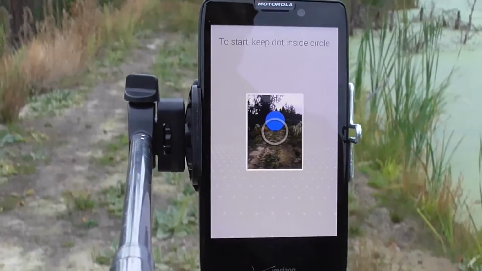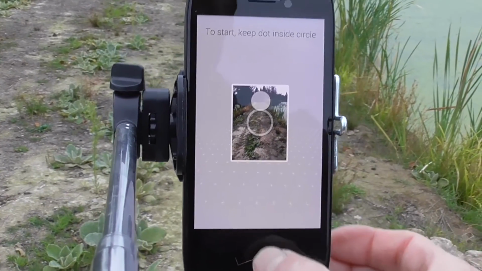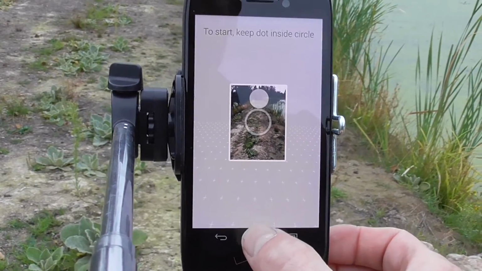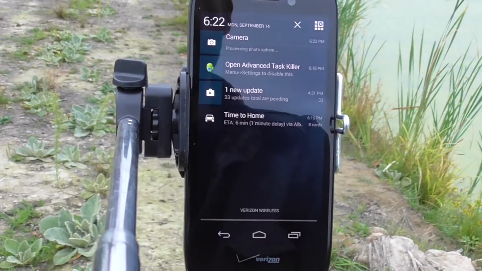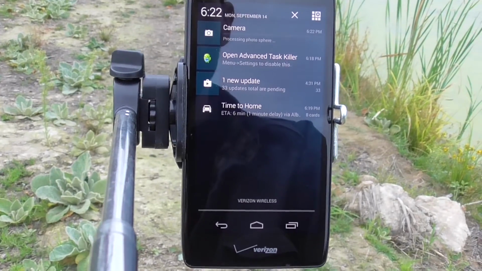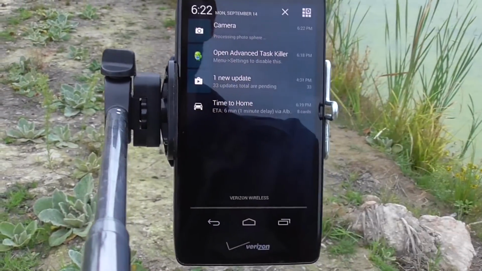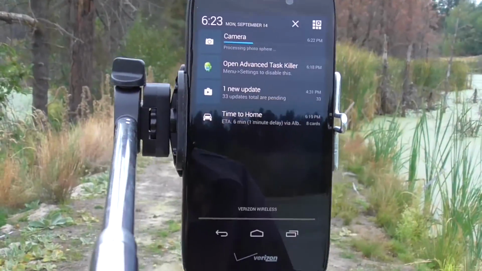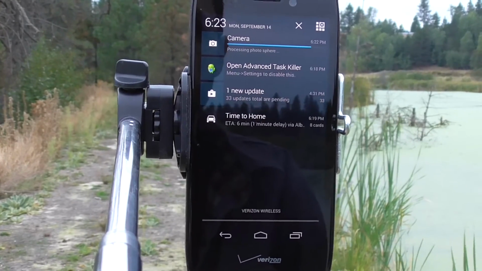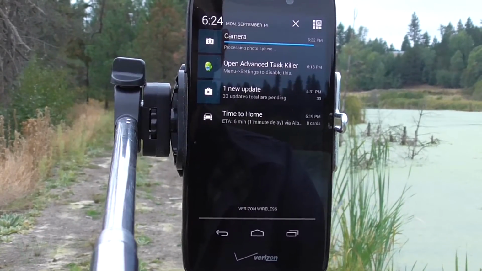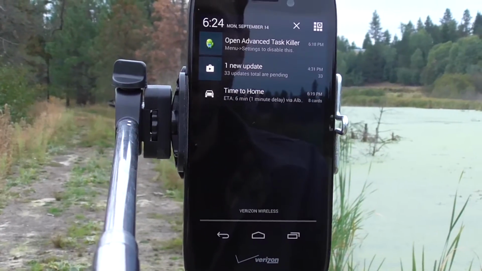And then it takes a while for that image to process. So I'm going to go ahead and hit my home button. And if I pull down my notification bar there, you can see right there at the top it says processing photosphere. There, now that that's done,